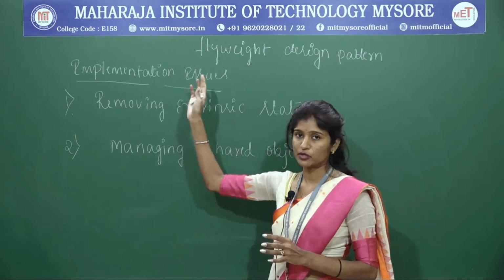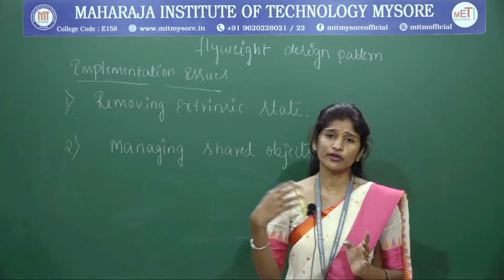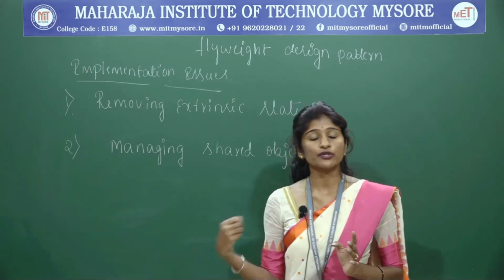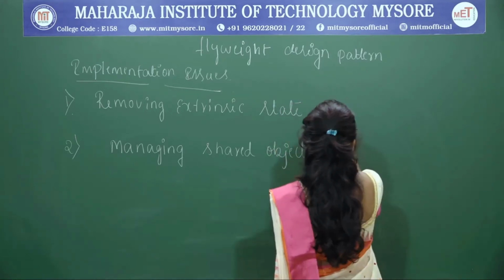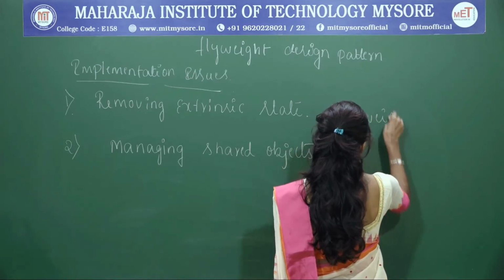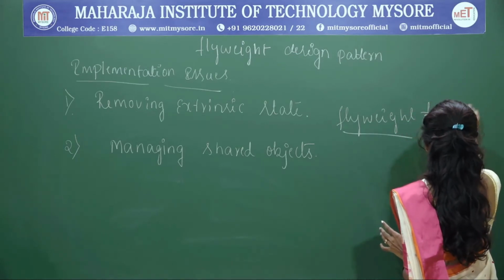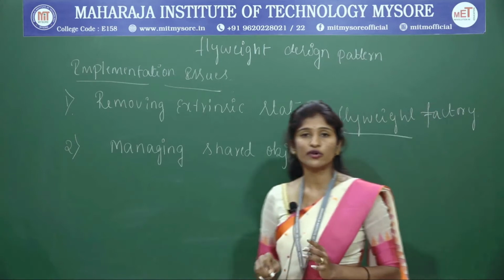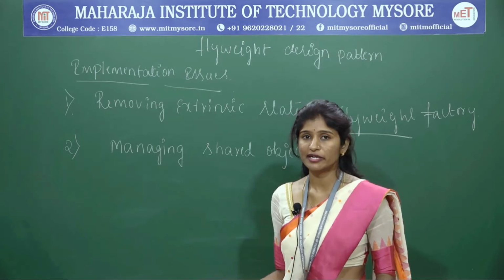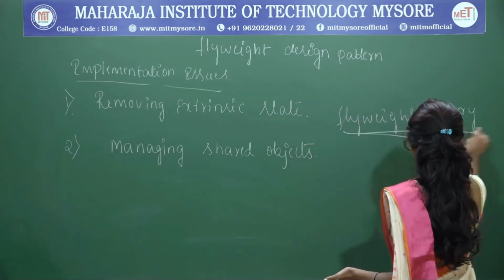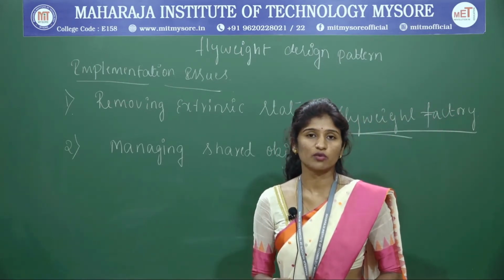Okay, so in this perspective, for all the requests you are going to send or the manipulation you are going to do on this particular object, you should go through the flyweight design pattern. That is, you need to use the flyweight factory. We have seen that in the motivation diagram, and I also explained it in the structure. There you came across the word flyweight factory, which is a class, an abstract class, where it is going to forward the request to everyone. It is going to have a definition, and you are going to implement it in the derived classes. We have seen this flyweight factory as a class in the structure of the flyweight design pattern as well as in the motivation diagram.